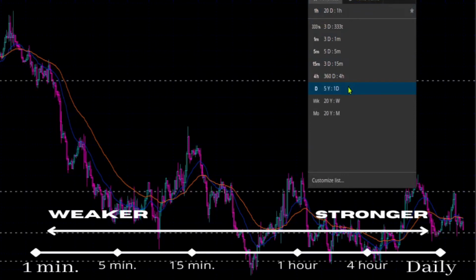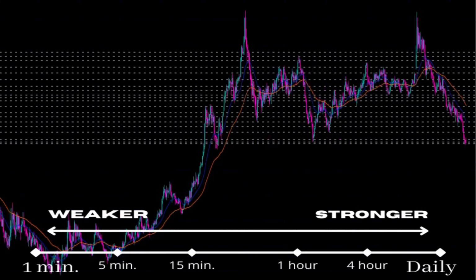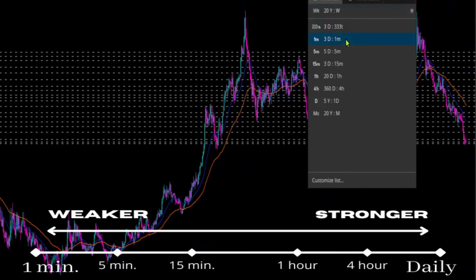While the daily chart is very strong, the weekly chart will be even stronger. This is crucial to understand on the intraday time frame as well. While support and resistance on a 5-minute chart exists, locating and charting the support and resistance on the daily and then zooming back into the 5-minute chart will give you only the levels at which price is most likely to